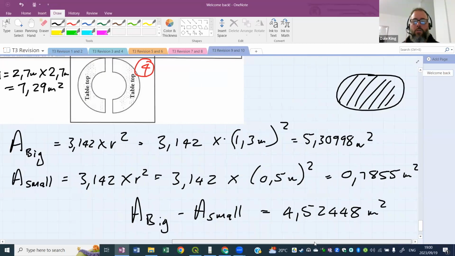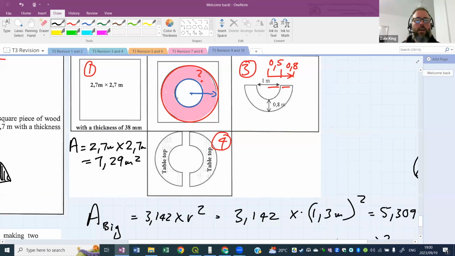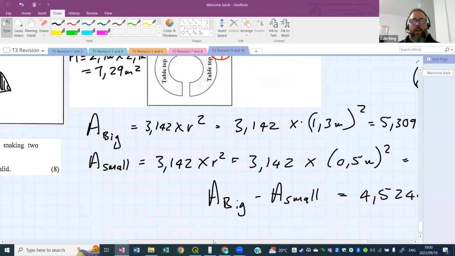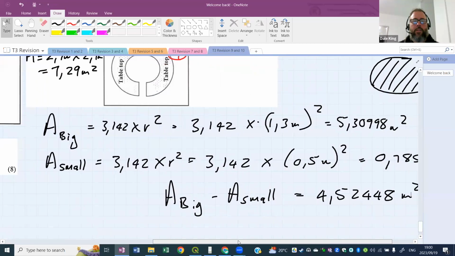All right. So this 4.52448 is now the pink shape. It was a big circle minus the hole in the middle. We don't want the hole in the middle. We just want to know what the pink part is. So we take a whole circle and we take away the hole in the middle. That's left us with that pink part at the top there. Okay. All right. Now what do I do? You're going to minus the